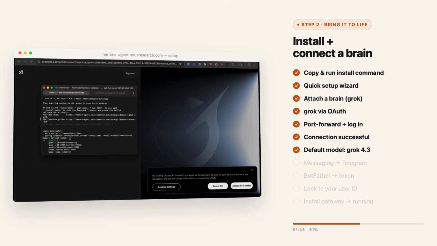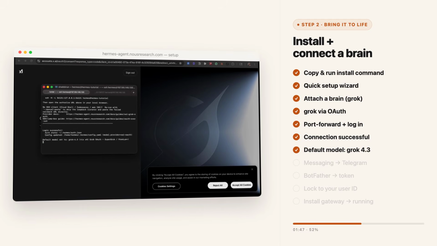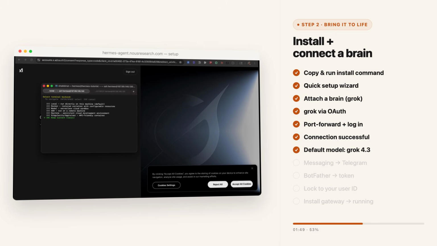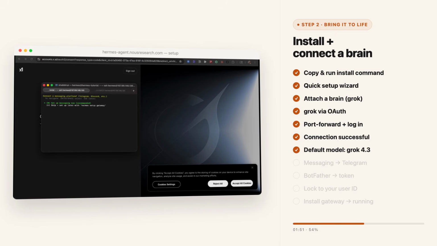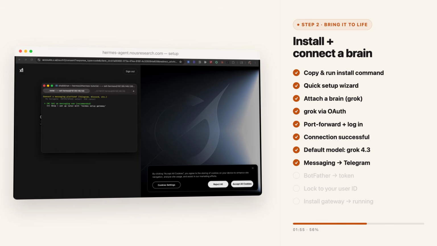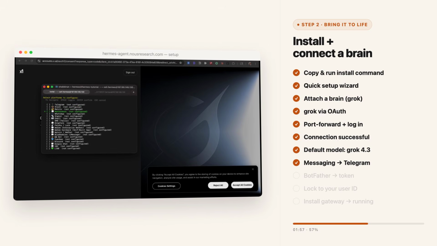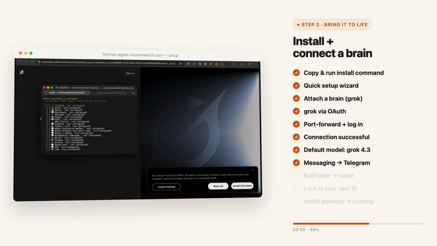Now for the default model, I'm just going to stick with Grok 4.3. I'm going to keep the current terminal backend, which is fine. And finally, we want to be able to talk to Hermes from anywhere. So I'm going to hit setup messaging now. You can choose any one of these platforms. I find that Telegram is the easiest, so I'm just going to hit space at Telegram, hit enter, and then